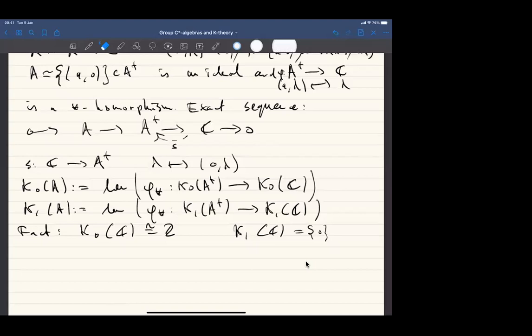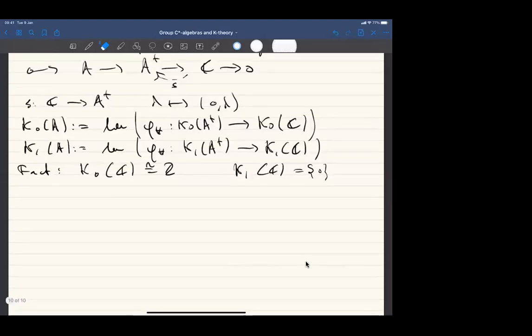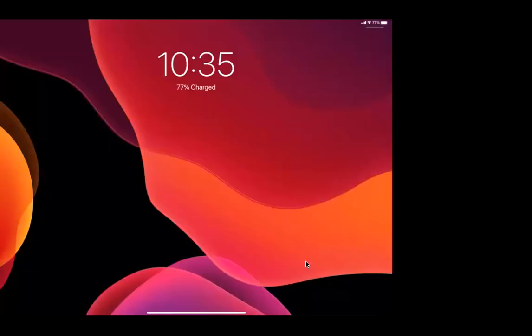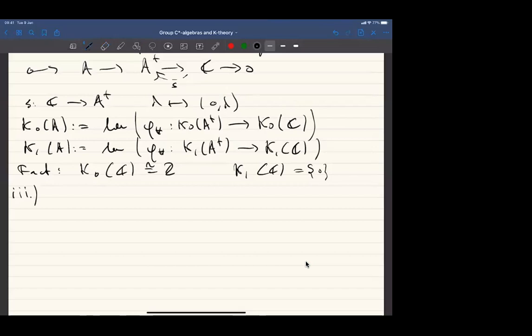There is a third picture that I want to briefly mention, because in practice this is quite powerful, but we cannot elaborate on this too much. But especially when working with non-unital algebras, this third picture is often useful. And so the Kasparov picture, I will call it, of K0 of A is the following. You take equivalence classes of triples,